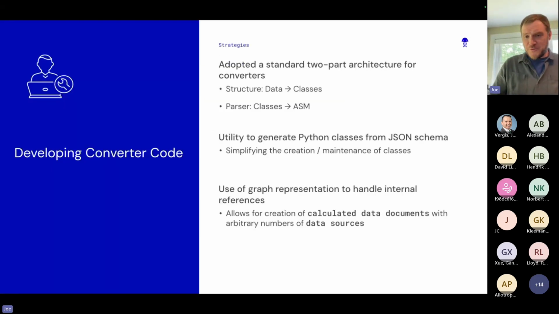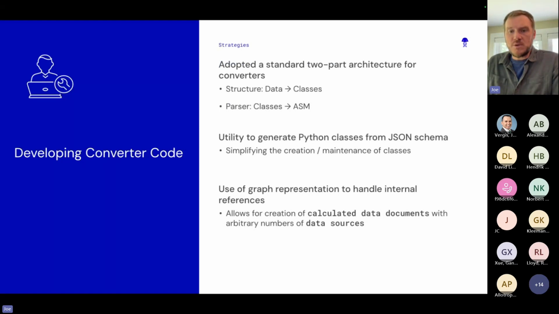Then, having gotten through that, there's the work of actually writing the code to do this. A few things we've adopted in the repo have worked out really well. One is a two-part architecture for all of these adapters, with structure classes and parser classes, and I'll get into those a little more.